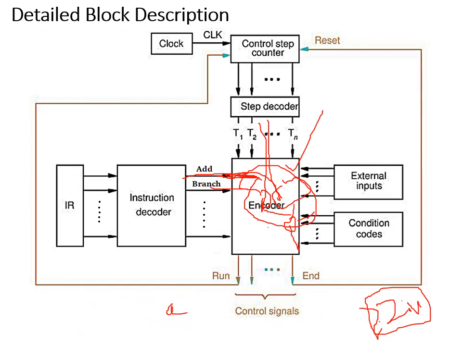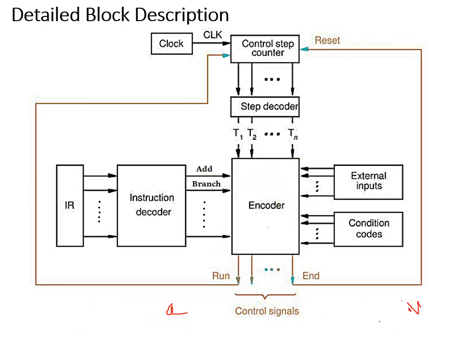I will conclude once again. In this diagram there are various components. The instruction register holds the binary opcode of the instruction, which gives the details of which instruction it is and what the possible combinations of operands are. Every bit of the instruction register is read by the instruction decoder, and the decoder identifies which instruction it is. If it is an add instruction, which particular add instruction. Then it makes the particular line representing that instruction 1.